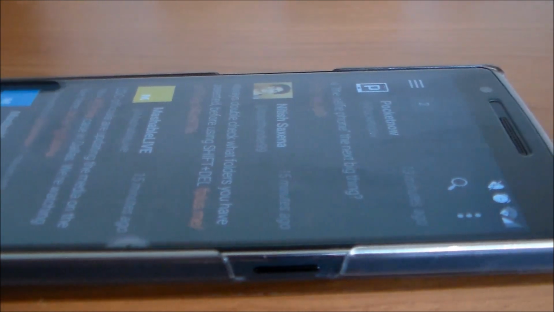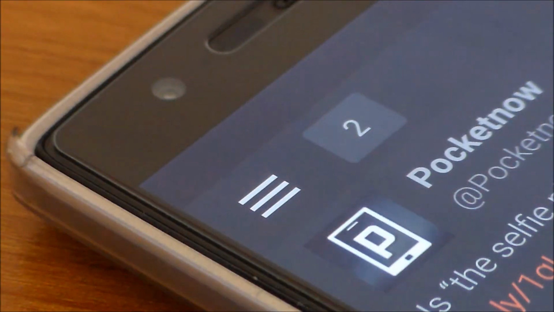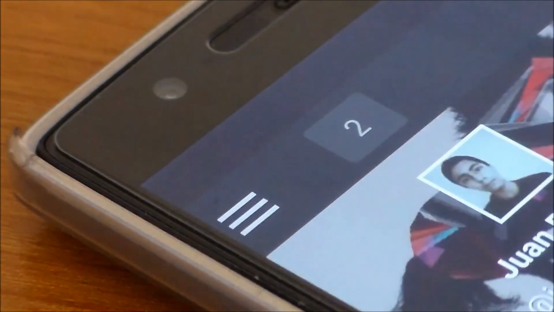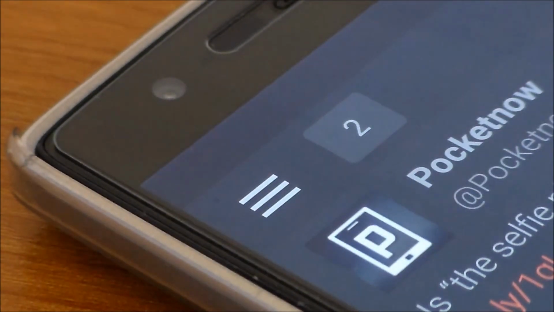So you get, of course, the floating compose button to compose a tweet, and you also get the animation for the sliding hamburger drawer, not like the Play Store one where it turns into an arrow, but it just moves at a nice 60 frames per second, I believe. It looks really, really good, and it definitely mixes in with material design. I definitely like the way it looks, and there's also a bunch of appearance settings